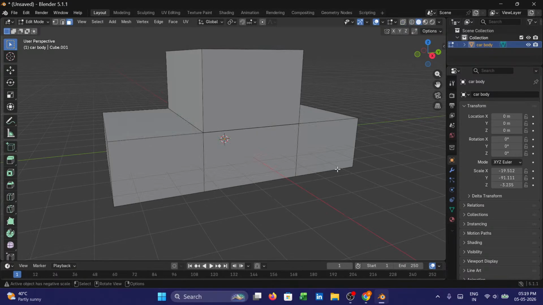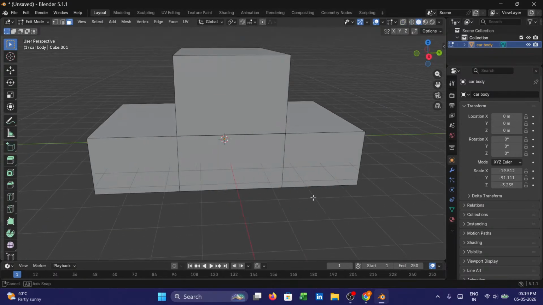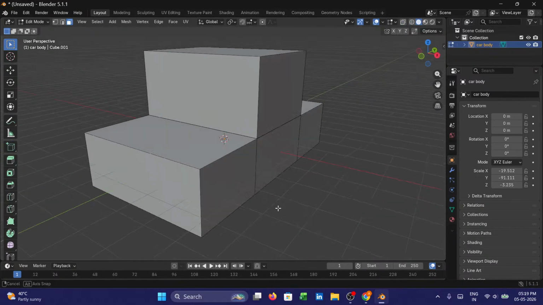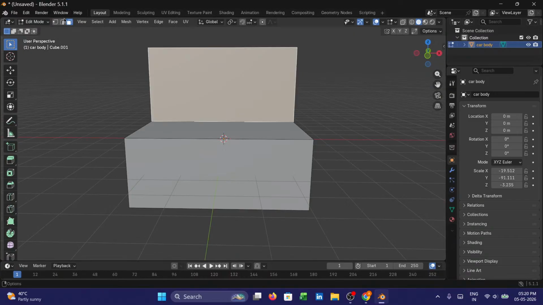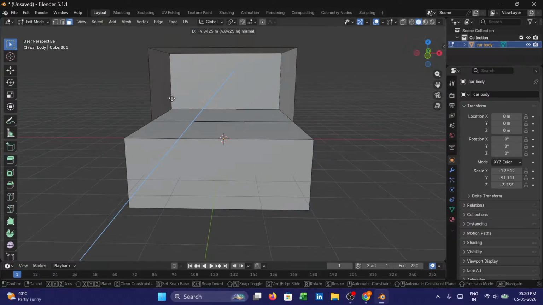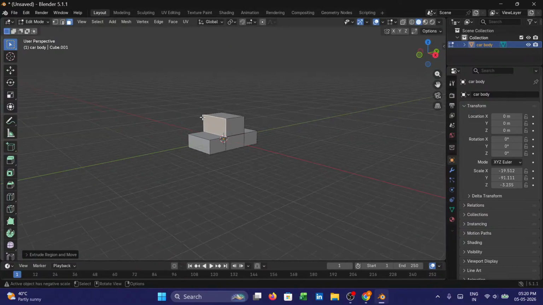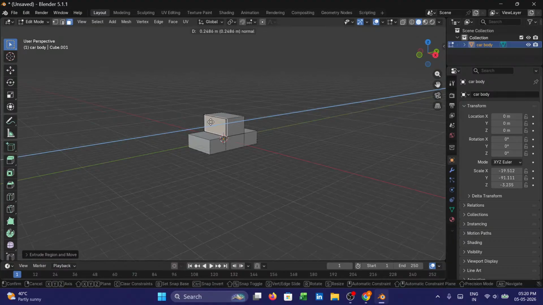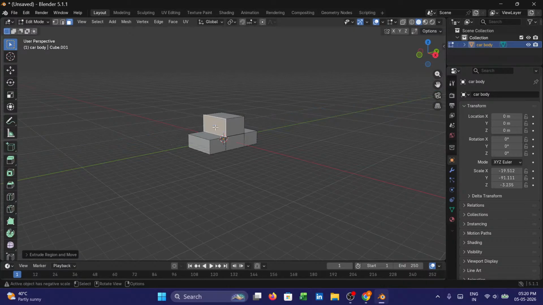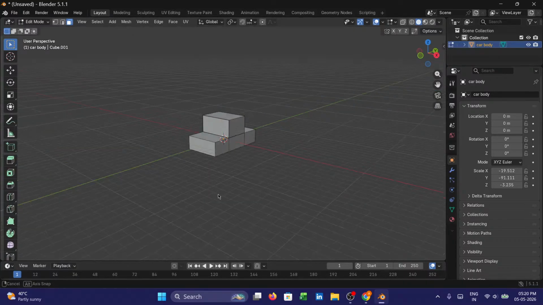Now if we go for this thing, we have got something like this. This one like body. Then what he did was he just extruded. We'll go. Then we'll just add extrude. Wait, what is happening? Extrude. So he. Yes, like, no, I don't want this. What he did was he just